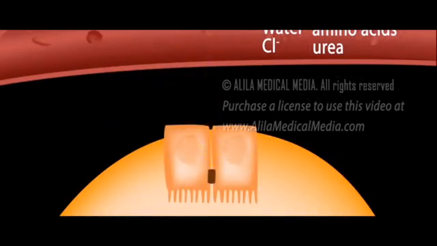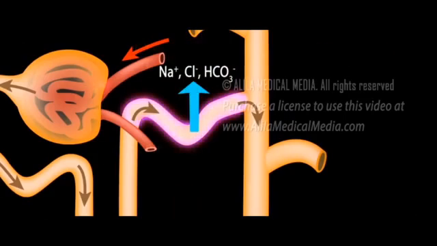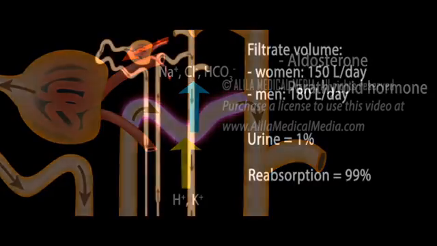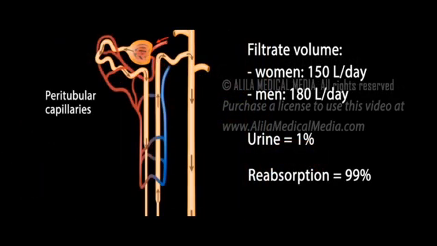Third stage, tubular secretion. After reabsorption in the proximal convoluted tubule, the urine travels through the loop of Henle into the distal convoluted tubule. Here, some other wastes like salt ions of sodium, potassium, chloride, and hydrogen are secreted from the peritubular capillaries into the distal convoluted tubules, which are surrounded by the peritubular network.